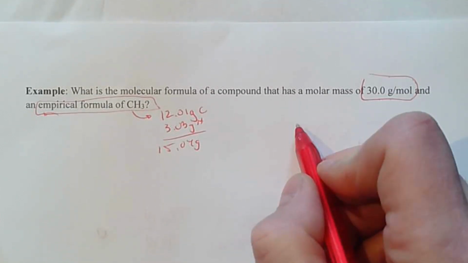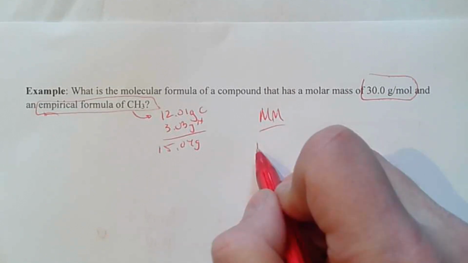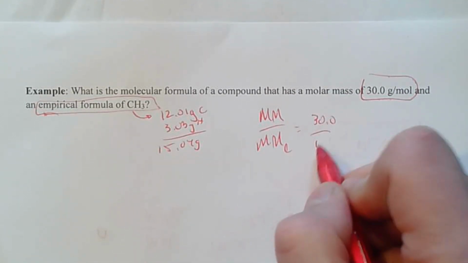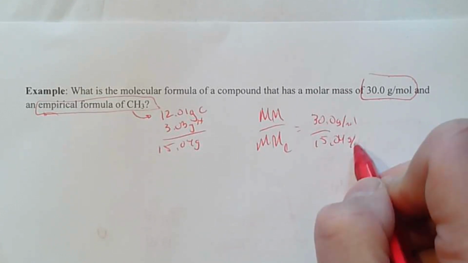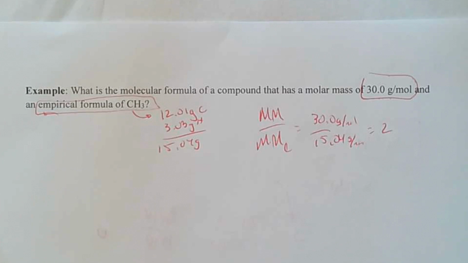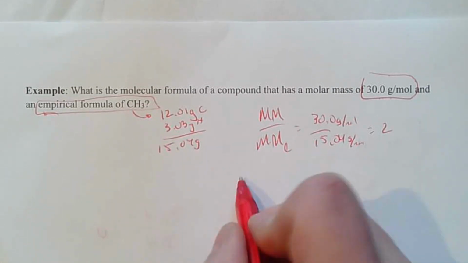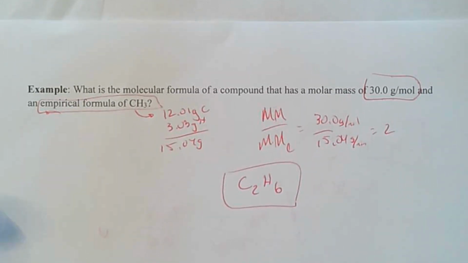And to find the multiple, we take the actual molar mass divided by the empirical molar mass, and you get a value of 2. So 2 times each of these, so our molecular formula is C2H6. Those types of problems are much simpler because you don't have to find the empirical formula, because there's already